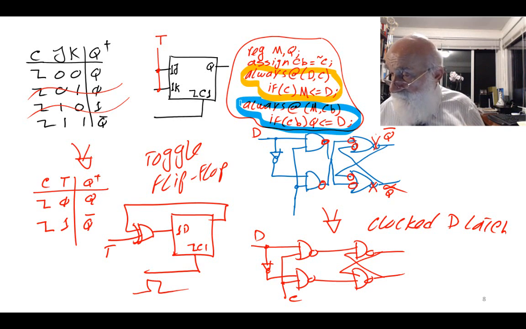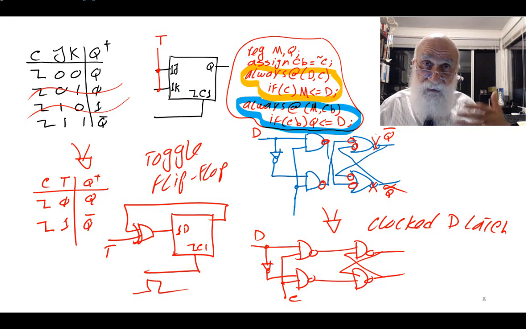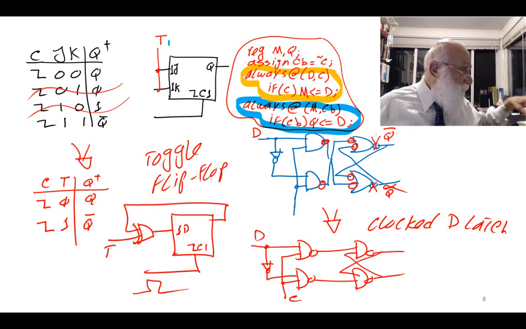This is the end of it. This is the first lecture on memory elements. Talk a little bit about flip-flop timing. See, when we had master-slave flip-flop timing,